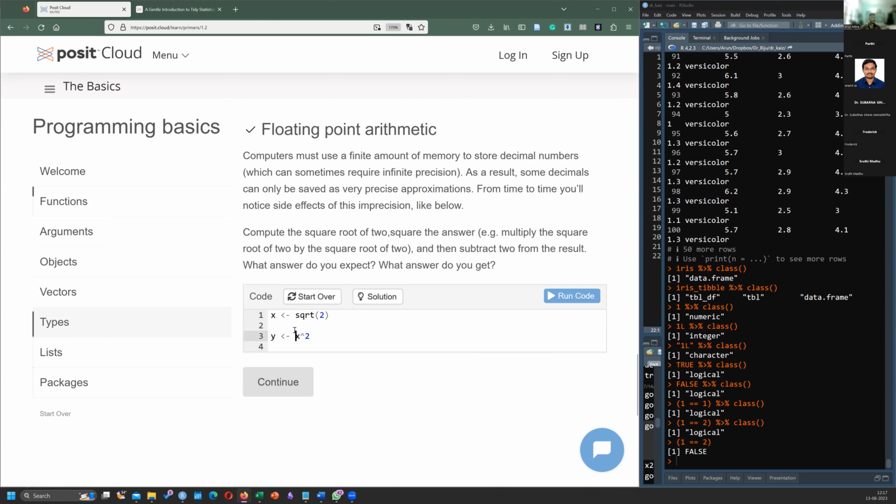Let me first write X squared so that you understand. X squared is 2, because X is the square root of 2. Then it's asking to subtract 2 from the result. So we'll say Y minus 2, and it is this much.